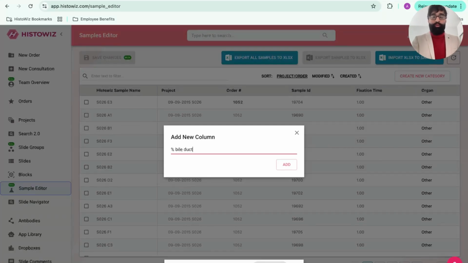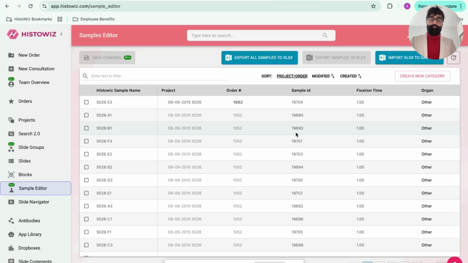Now, the way in which you can populate these fields could be done in two ways. One is you can import a spreadsheet with that information, and we do a simple sample name to sample name matching and populate it for you. Or if you have used AI analysis on the platform directly, we automatically populate the metadata based on the analysis.